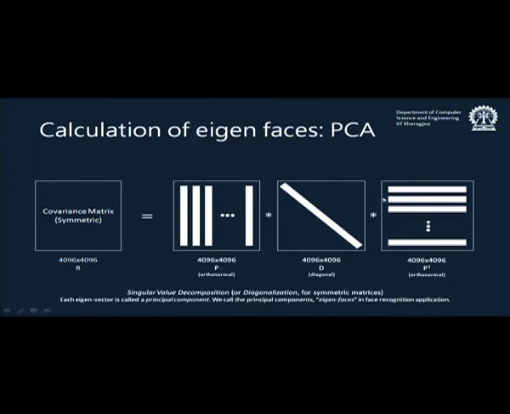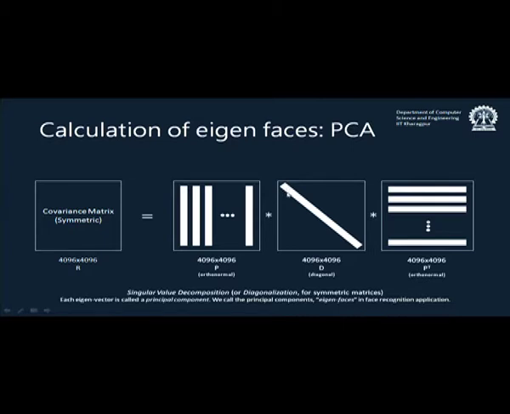The last one is the same matrix transposed, and the central one is a diagonal matrix. Each element along the diagonal is an eigenvalue, and it corresponds to the eigenvector in the matrix P. So, the first column of P is an eigenvector, the eigenvalue of which is the first element of D along